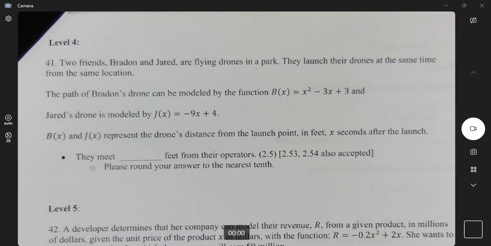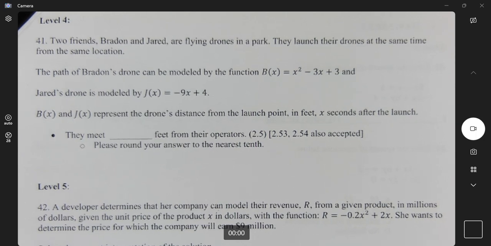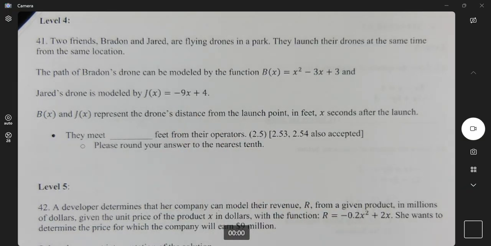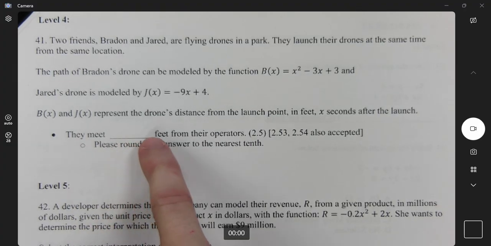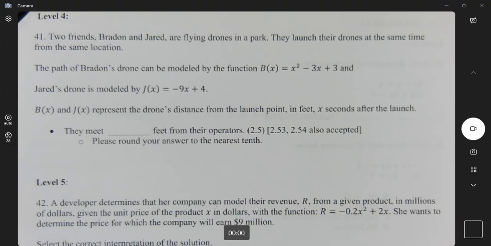midterm. Okay, 2 friends, Braden and Jared, are flying drones in a park. They launch their drones at the same time from the same location. The path of Braden's drone can be modeled by this function, and Jared's drone is modeled by this function. It says b of x and j of x, so the y values here represent the drone's distance from the launch point, and x is time. It says they meet blank feet from their operators. Now, she goofed, and the answer is here, but I'm going to show you how to use Desmos to get